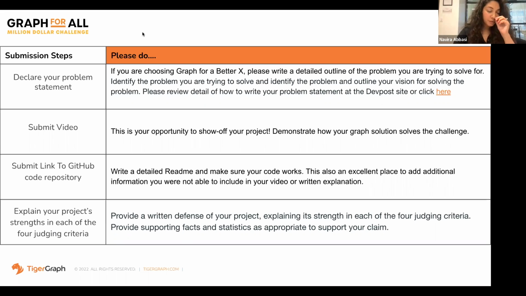Number three is, you'll have to submit a link to your GitHub code repo. Make sure we do have access to that. You give us proper access because we will be looking at your code. We have to see if your code works and it makes sense. Please make sure you do a detailed README. This is an excellent place, like I said, to add additional information you just couldn't fit in elsewhere in your